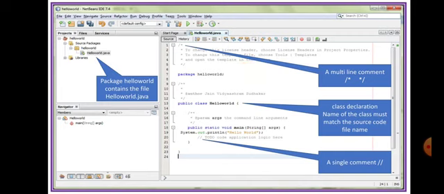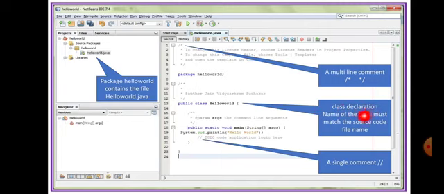And as you can see, the bottom line that is here, this is a single line comment. As you can see above, it is slash star, many lines, star slash, but here since only one line is given, it is given as slash slash. So slash slash stands for a single comment.